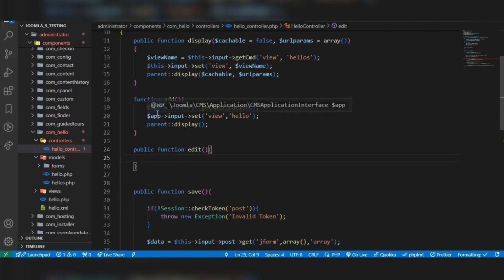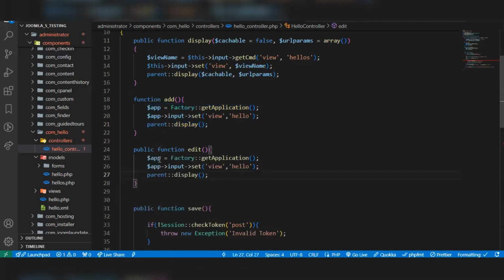Like the same as above, we have to write this code, save this, and the next step is